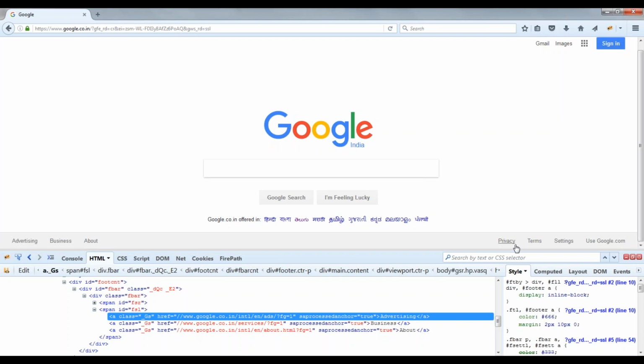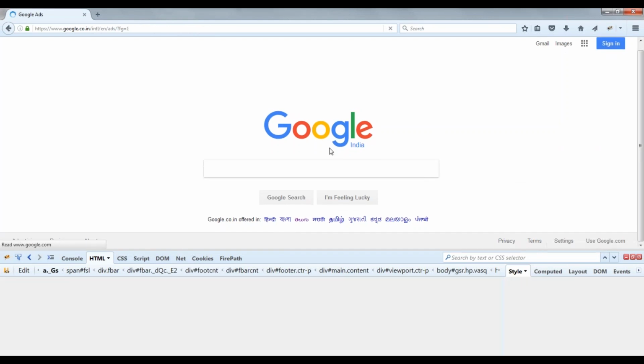Or in privacy you can use priv. So that is called partial link text. If the link is very big, you can use only the first element or the last keyword to click on that particular link.